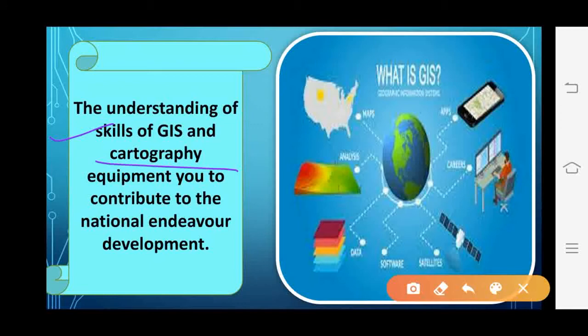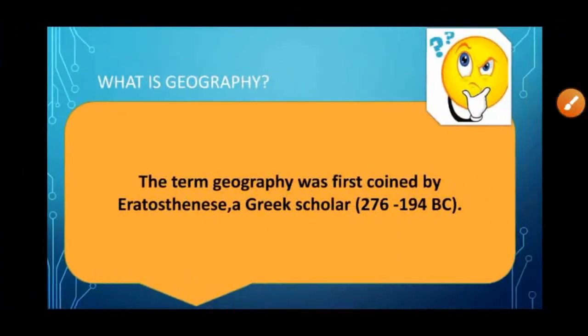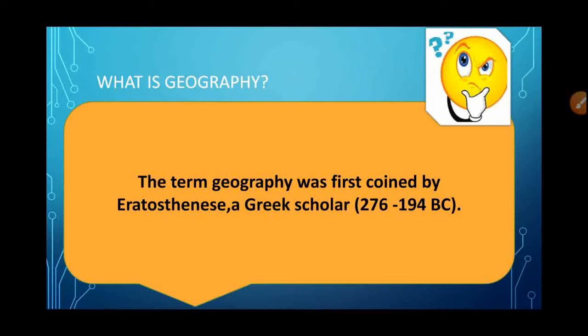Alright, now here I want to point out that what is cartography? As I told you, it's the art and science of map making. Remember, geography is studied with the help of maps. Maps are so important, isn't it? Maps, diagrams are so important in geography. Okay, so I hope you all have understood up to here that why should we study geography. Now, the next question that should strike your mind is, what is geography?